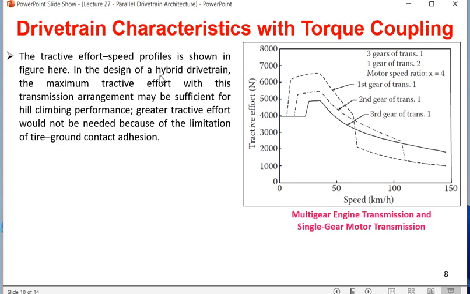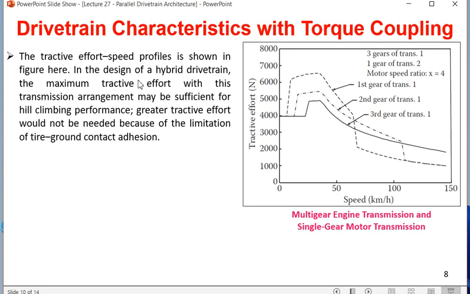So why is it called hybrid? Because there is gasoline or fossil fuel based engine transmission, as well as there is electric battery transmission. So they are being used together, that's why this is called a hybrid. So in the tractive effort speed profile, tractive effort is in the y-axis and speed in the x-axis. So in the tractive effort speed profile shown in figure here, in the design of hybrid drivetrain,